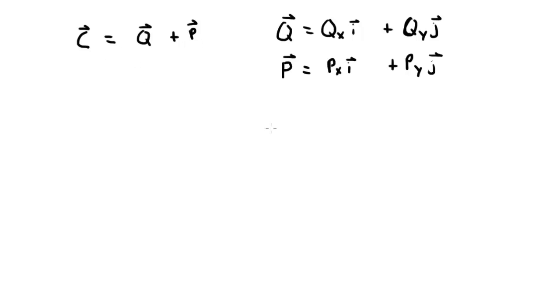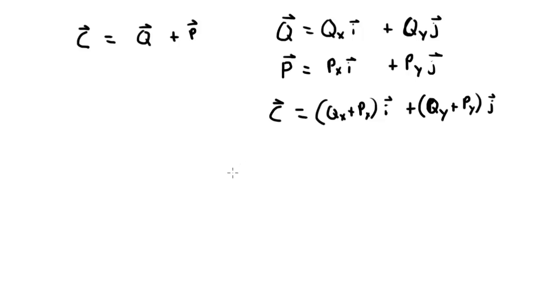Since addition of vectors is commutative, I can then write that C is Qx plus Px times i plus Qy plus Py times j. Again, both of these are unit vectors. If we have vectors written in Cartesian notation, if I already have this notation determined, I can find out specific